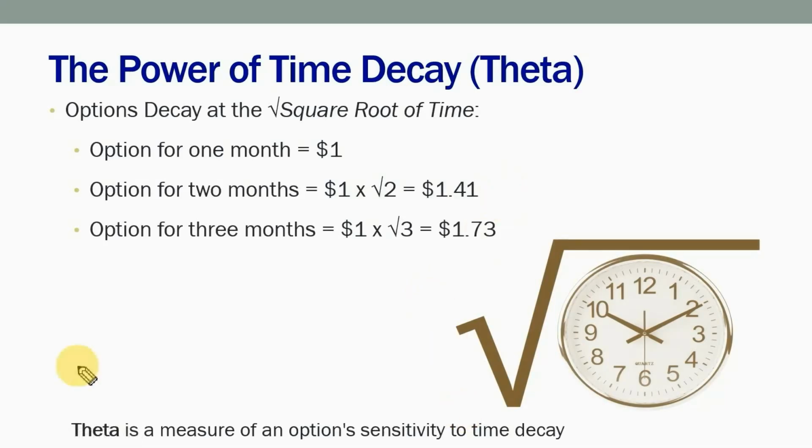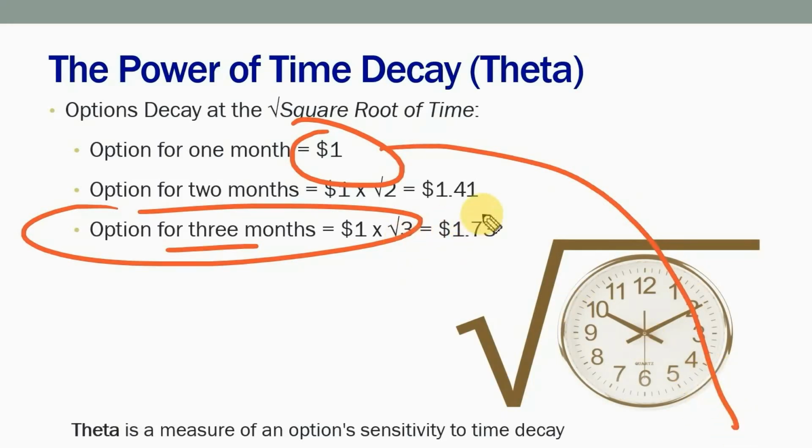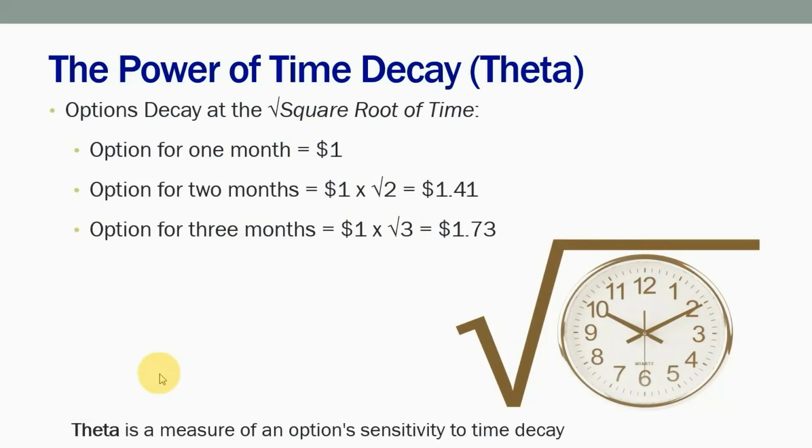So what this often leads people to do is to go out and buy options further out in time, which also has substantial risk associated with it. So they first buy options for about a month and they learn, oh, the decay is too fast. But then they buy options further out in time. Now there's not as much decay. No, now you have to deal with other issues. Like the options further out in time, they don't move in price nearly as fast.